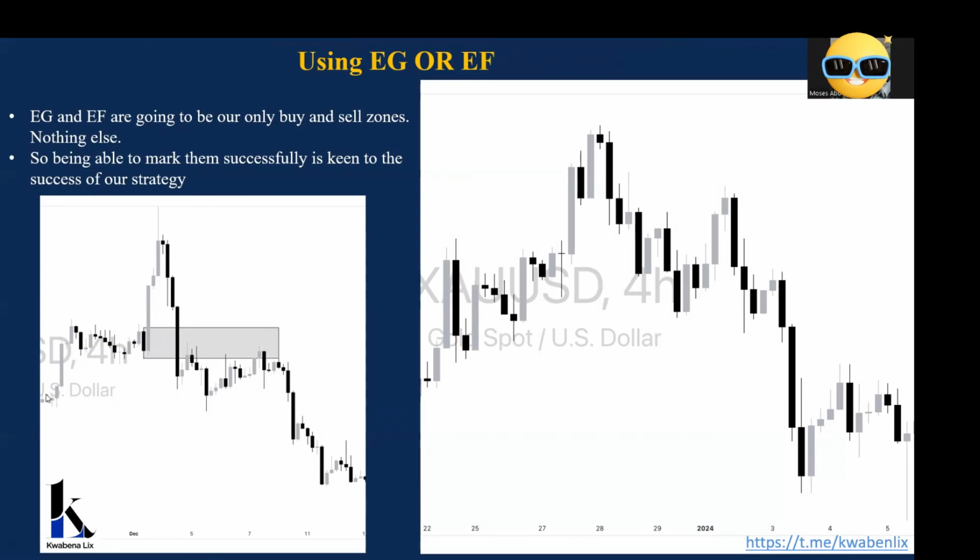So here again we have an engulfing. I'll start from here. We have an engulfing here. Price comes to the engulfing, mitigates it, touches the engulfing and goes up, right? Now, when it goes up, it breaks that